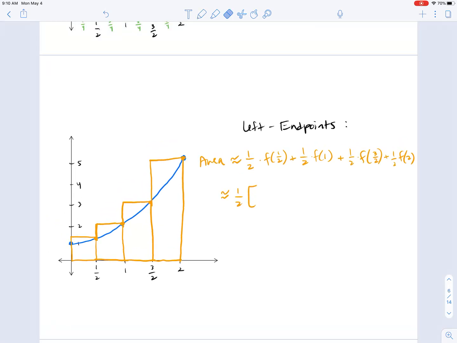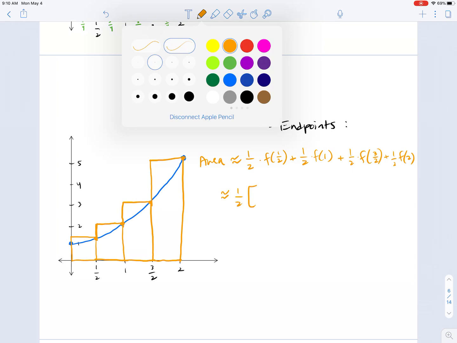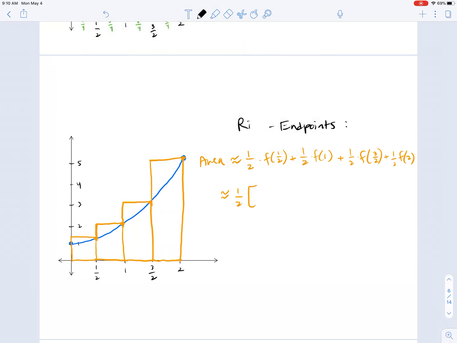That would be 1/2. I'm going to factor the 1/2 out. f of, oh, I just used the right endpoints, didn't I? Okay, so I'm going to change this. This will be using the right endpoints. Brain fart. Okay, so using the right endpoints,